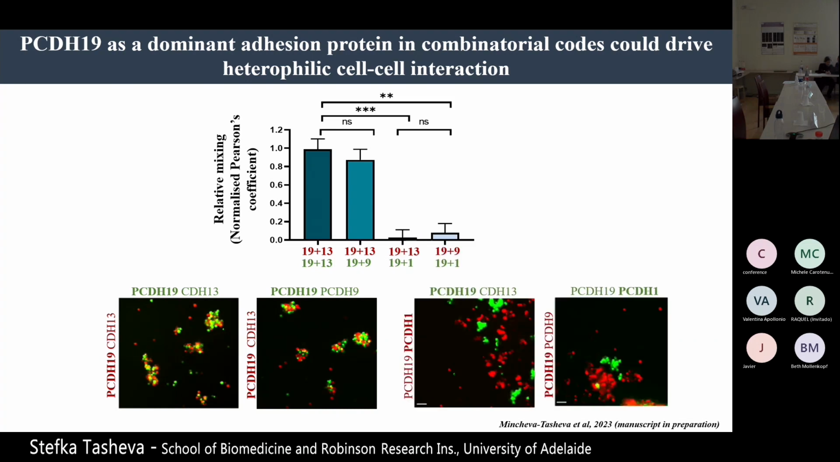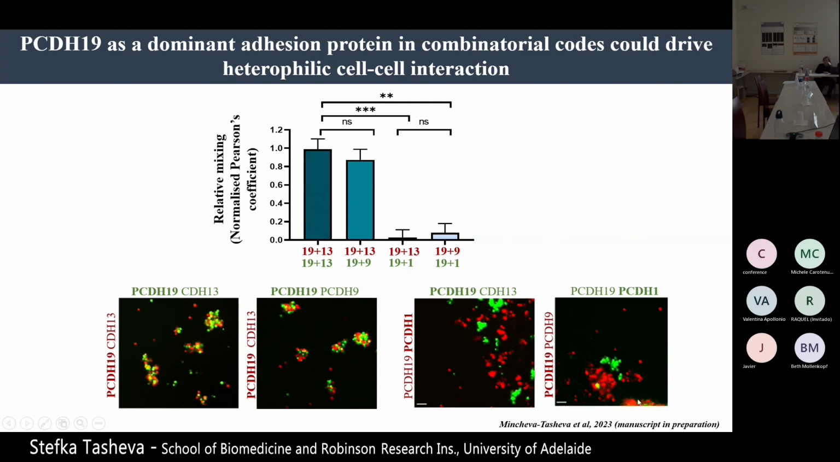On the other side, when we mix, and that's our control, cells that express PCDH19 and cadherin 13 with the cells that express PCDH19 and PCDH1, again, we have a different scenario. In this particular combinatorial code, PCDH19 is the dominant one, but with 19 plus 1, PCDH1 is the dominant one. And you can see this segregation of the cells. So there is no interaction occurring between two different heterophilic